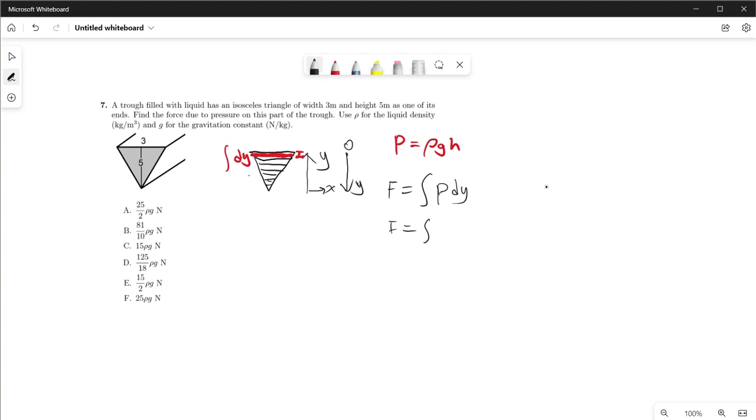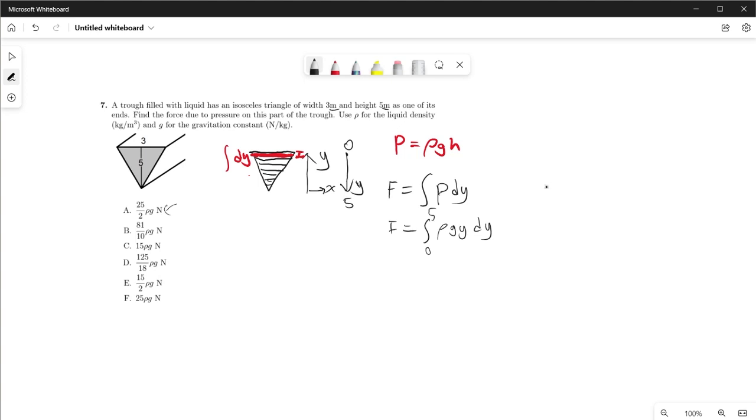Then this is 0 depth, and this is 5 meters depth. Keeping it at meters will be nice since the units will come out to be newtons, which are just SI units. So plugging in rho g h, in this case h will be y, dy,